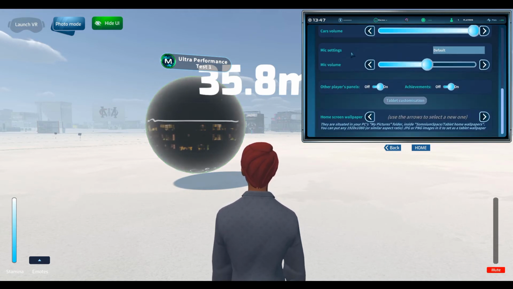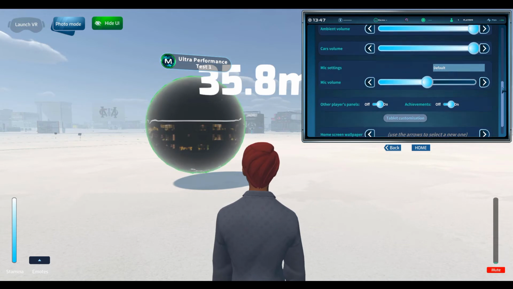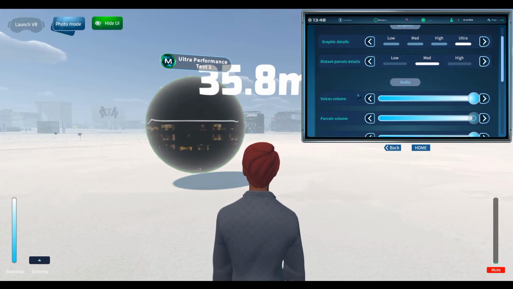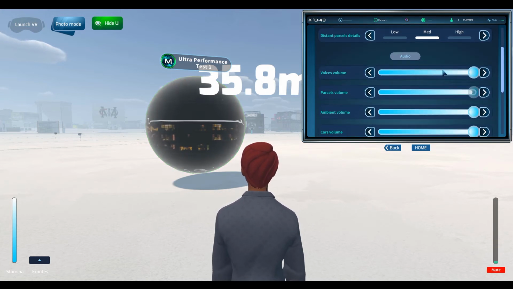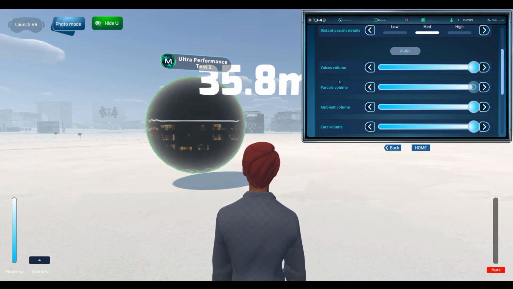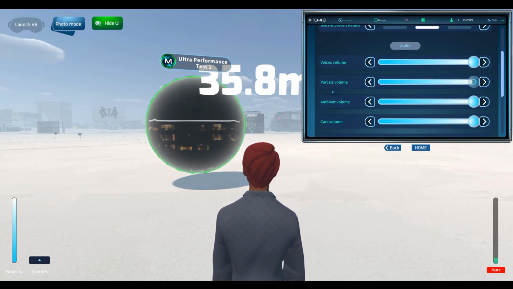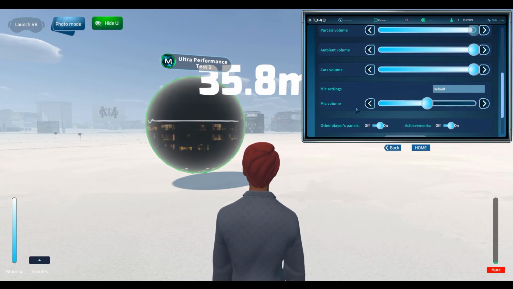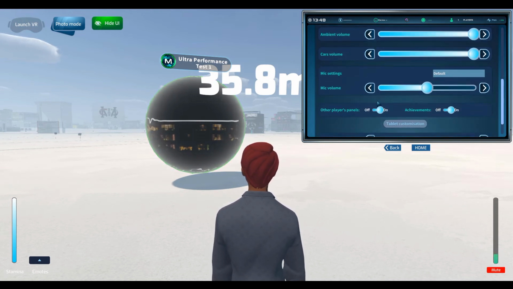Settings. There are some interesting settings here that you can play around with. It's something about the graphic details, how distant parcels will show and whether they will show a lot of detail or not. There are some ways to control the volume of other people, other avatars, the audio that comes from parcels, the ambient volume, the sounds of Somnium Space itself, and cards, and you can control the microphone as well,